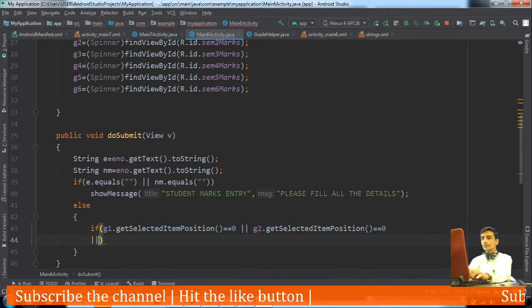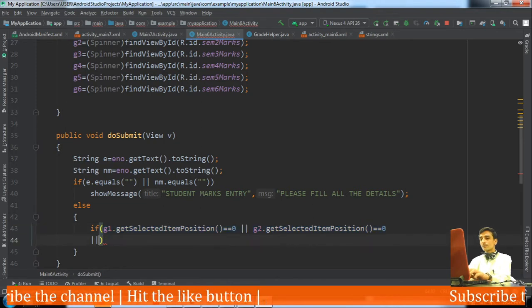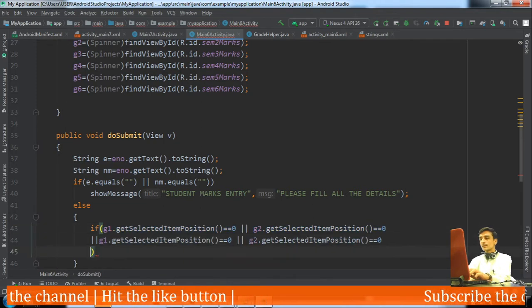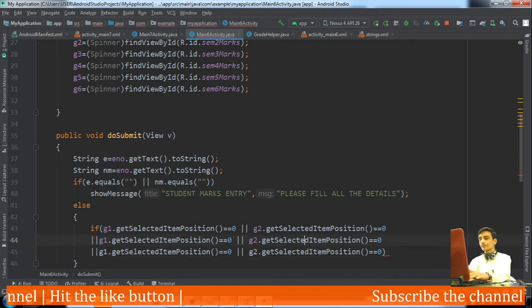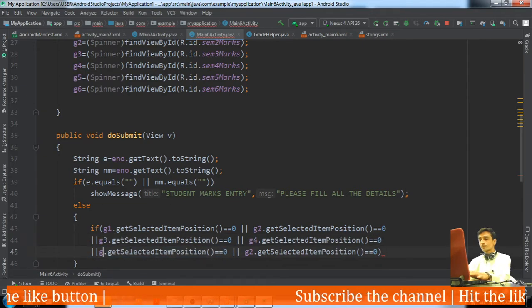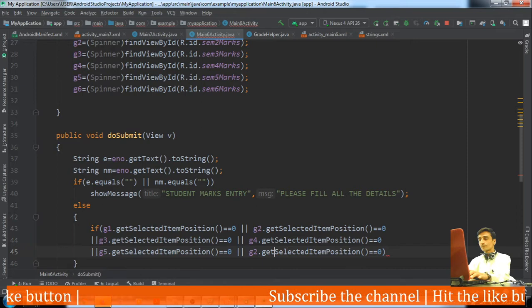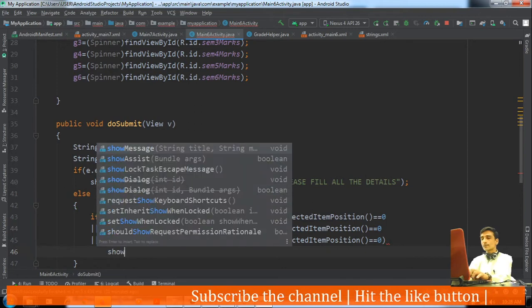Similarly, G3 and G4, similarly G5 and G6.